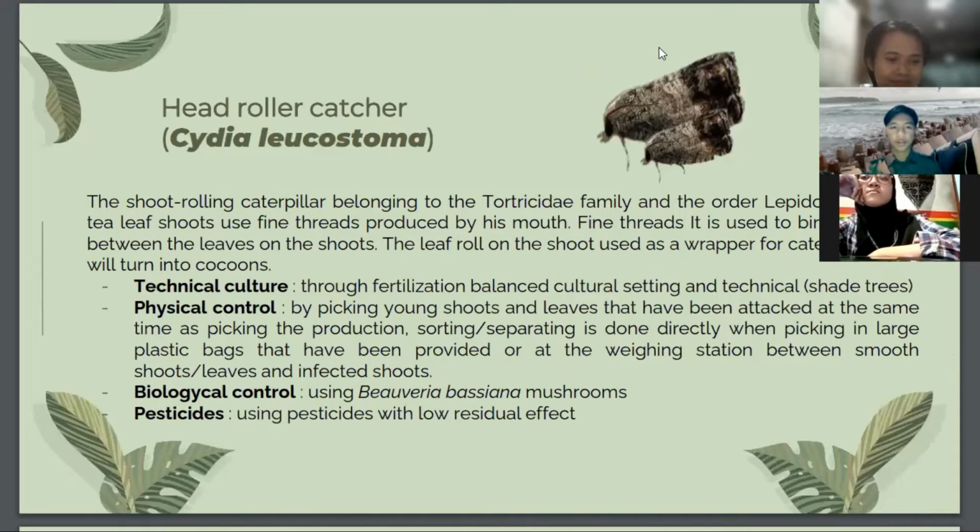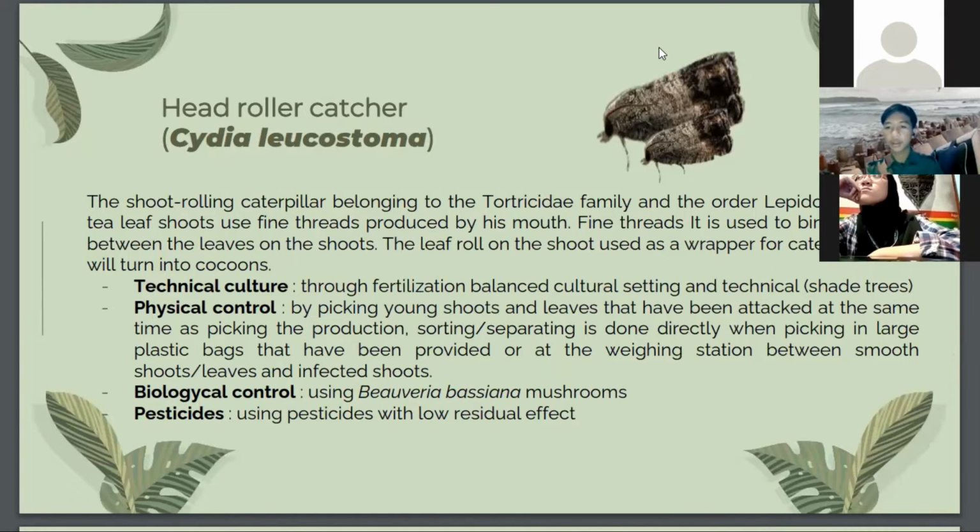The second is the shoot roller caterpillar, or Cydia leucostoma. The shoot rolling caterpillar belonging to the Tortricidae family and the order Lepidoptera curls the leaf shoots using fine thread produced by its mouth. The fine thread is used to bind the bones between the leaves on the shoots. The leaf roll on the shoot is used as a wrapper for the caterpillar, which will turn into a cocoon. Technical culture: through fertilization, balance, cultural setting, and technical